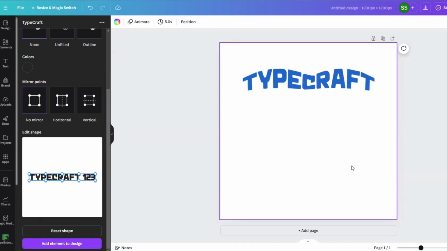I have created an amazing shape of my text very easily using this application. So this application is completely free and it is very useful to create different styles of your text that will make your design more appealing. Our next application is Colorize.